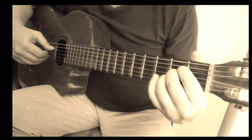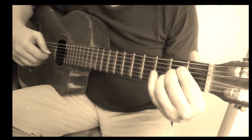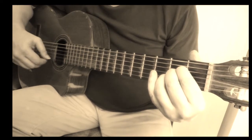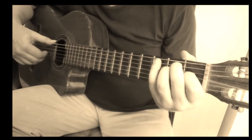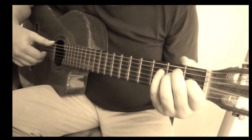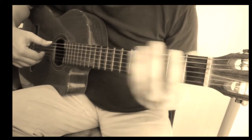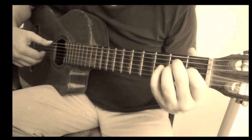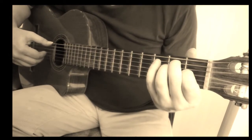A chord. Okay, and when you're ready, but only when you're ready, increase the tempo a little bit. Now in the tablature you'll see I've added a little ending, or it can be a turnaround, which is a fairly simple little bass run, which goes